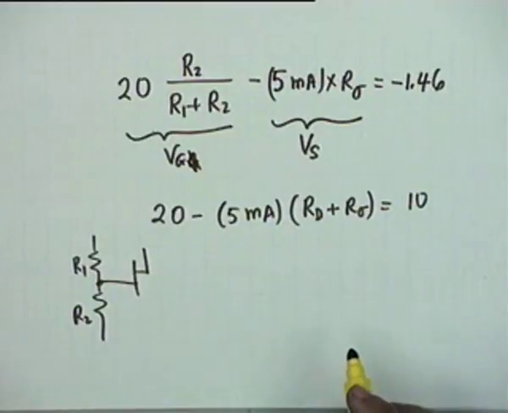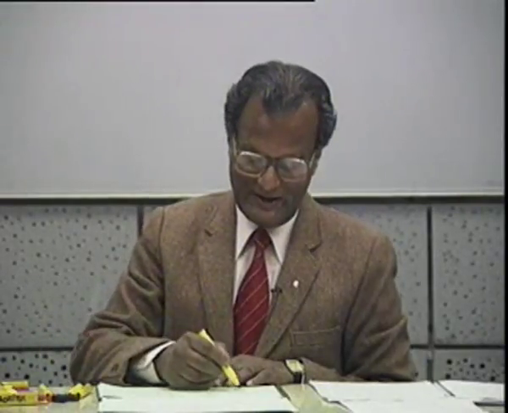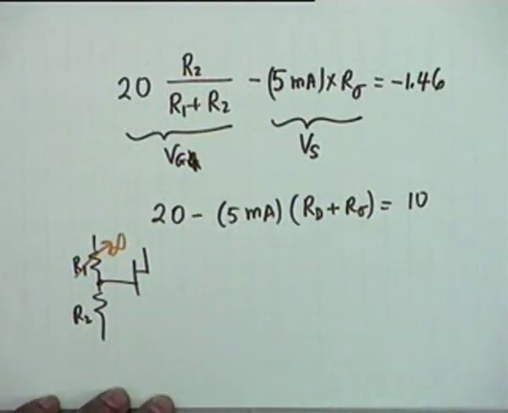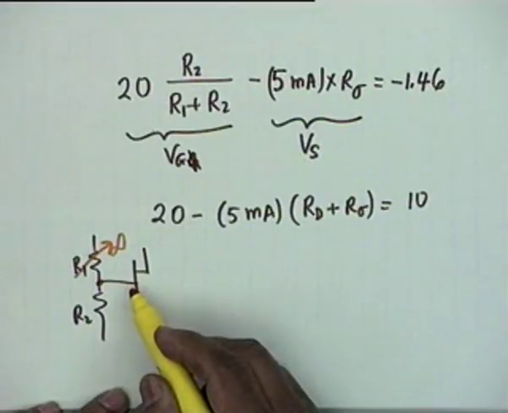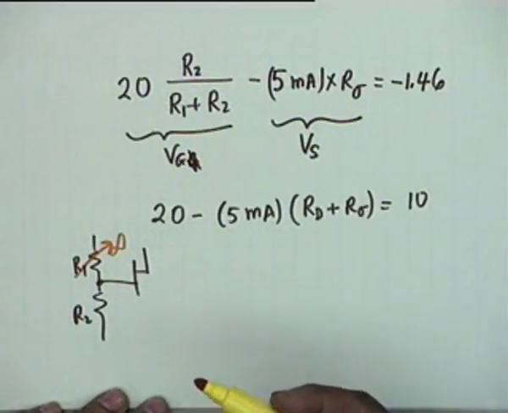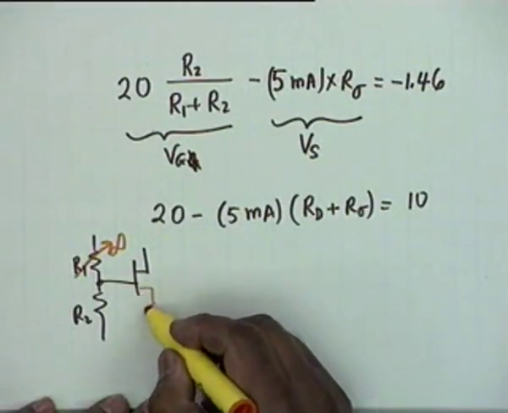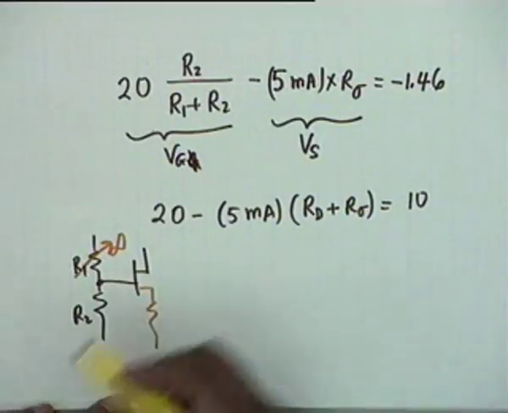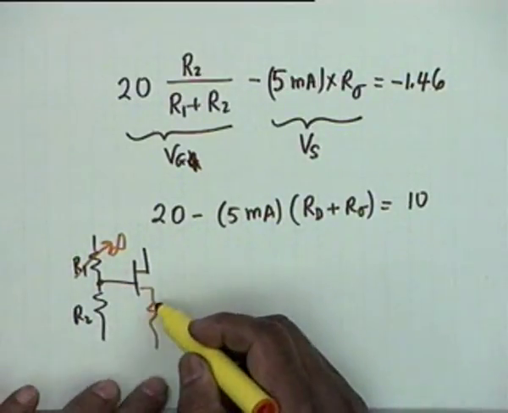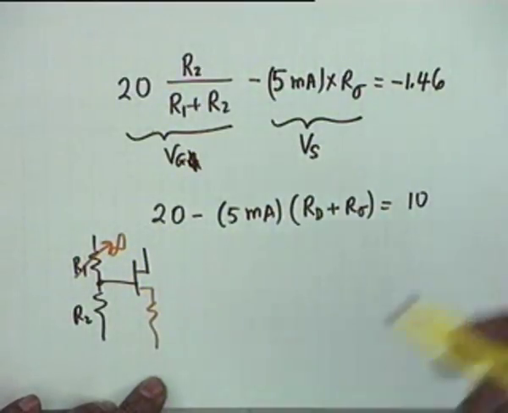No, it's okay. Suppose we make, since we have a choice, suppose we make R1 go to infinity. Can we do that? We can do that because the gate does not take any current. Let's take R1 as infinity. If R1 is infinity, then what is VGS? VGS is simply minus the drop in this resistance, isn't that right? VG would be 0, Vs would be a positive quantity, so VGS would be 0 minus a positive quantity, in other words a negative quantity.